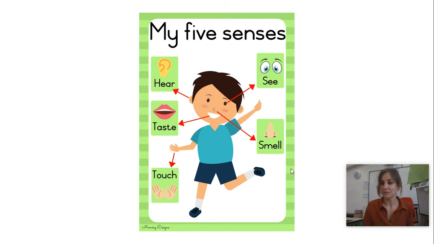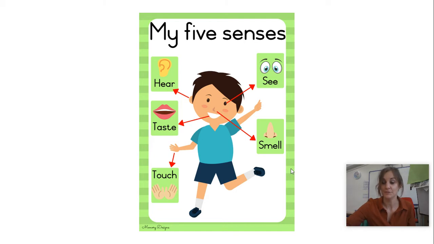So when we experience the world, we are using our 5 senses all the time. We are using our eyes to look at things, using our ears to hear things. We are smelling things with our nose, and we're using our hands and our bodies to touch and feel things. And sometimes, but not all the time, we'll be tasting things too. I know I'm not eating anything right now, but when I'm eating my lunch, I'm definitely using my sense of taste. And when we're describing things, including places or settings, we need to think about these senses because that gives the person that's listening to our description a really whole picture of what that place is like so they can imagine it.